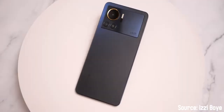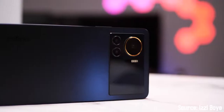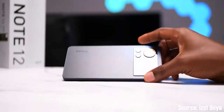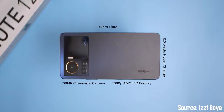I'll continue talking about the Note 12 series for now. There's only one more video remaining, which is the regular Note 12 video that should be coming in just a little bit. But let's talk about the highest end variant of all the Note 12 series. It's the Note 12 VIP. Now, the Note 12 VIP,